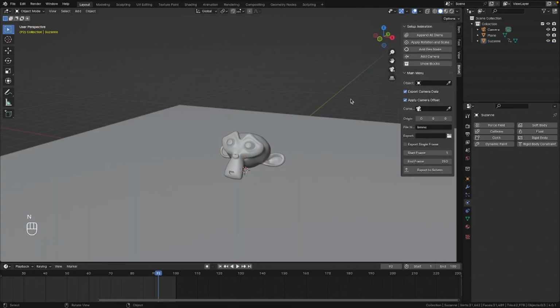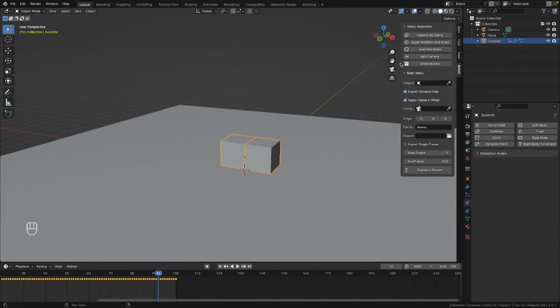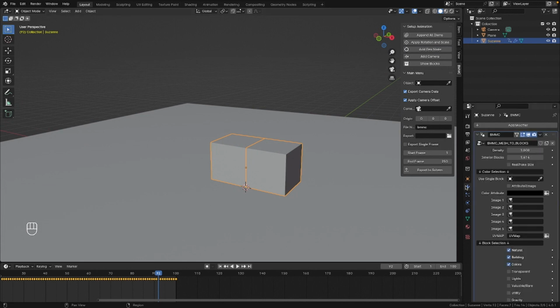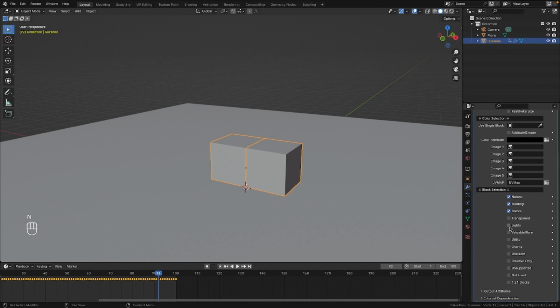So press N to go into this side menu. And we're going to press Append All Items. And then we're going to select the monkey and press Add GeoNode. And you'll see it has two blocks here. So if we go to the modifiers section, you will see that you have some menus here that you can